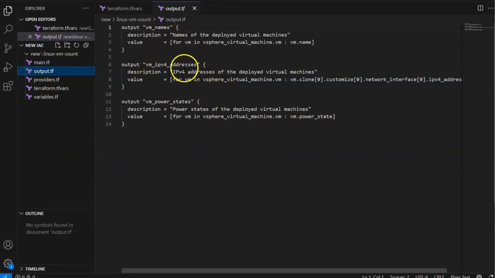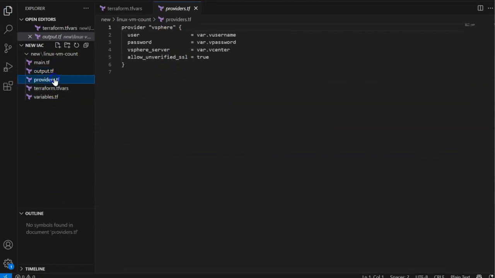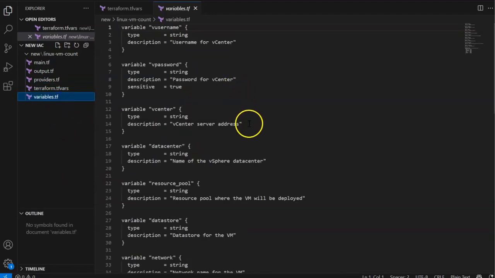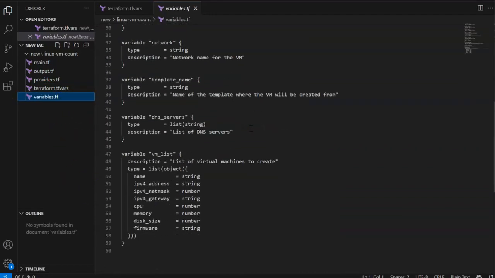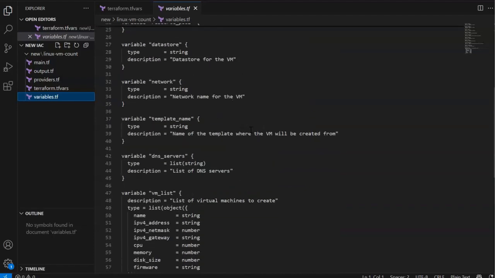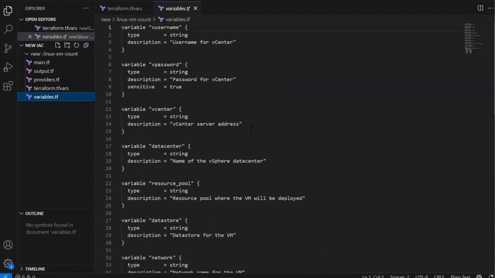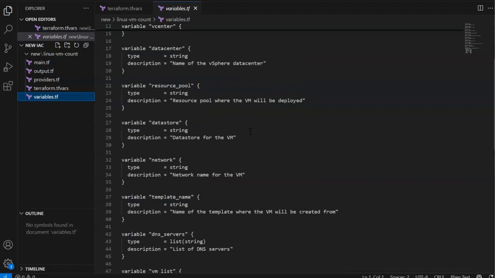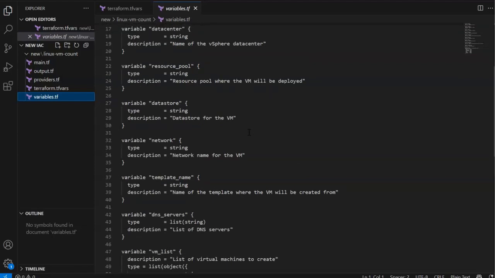It's going to show you the output of your VMs. On the provider.tf file, you don't even need to touch anything. So this is your vCenter provider. On the variables.tf file as well, you don't need to touch anything. In fact, that's how I really love this script. You don't even need to touch anything here, even in variables. So what you would need to edit will be on